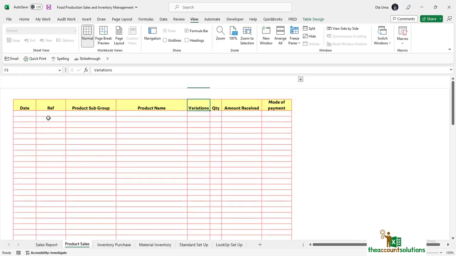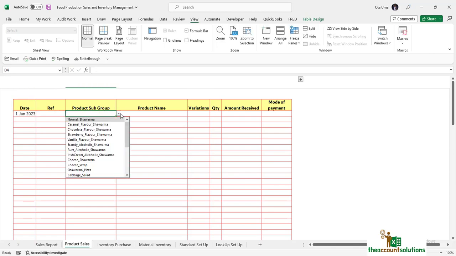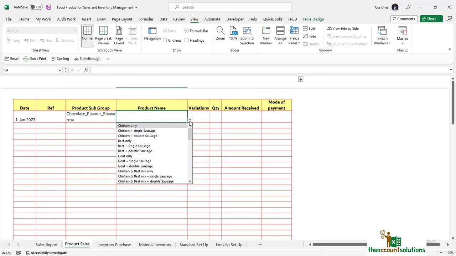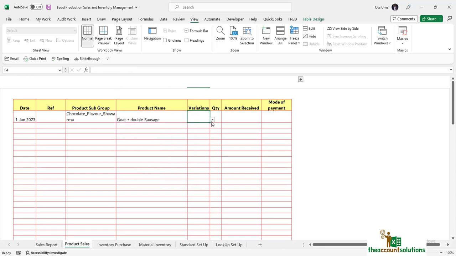So let's say we've made a product, 1st of January 23. We were trying to mix something. Okay, what do you want? I want chocolate flavor shawarma with pickle. Is it chicken only or chicken and beef? I want goat double sausage. So click on it. Variations. I want extra. How many are you buying? I'm buying 2. Now once you do this,